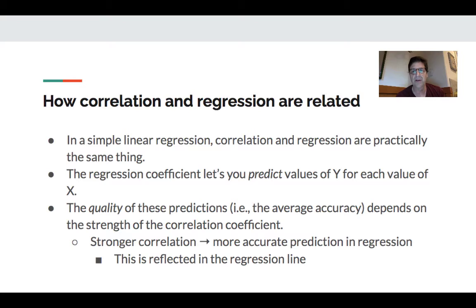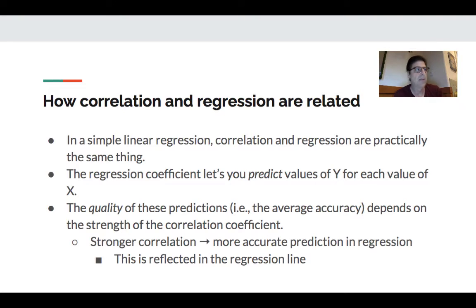So how are correlation and regression related? As I mentioned, in simple linear regression, correlation and regression are basically the same thing. The correlation coefficient tells you how strongly two variables are related to each other and in what direction, which is useful. The regression coefficient just uses the correlation to